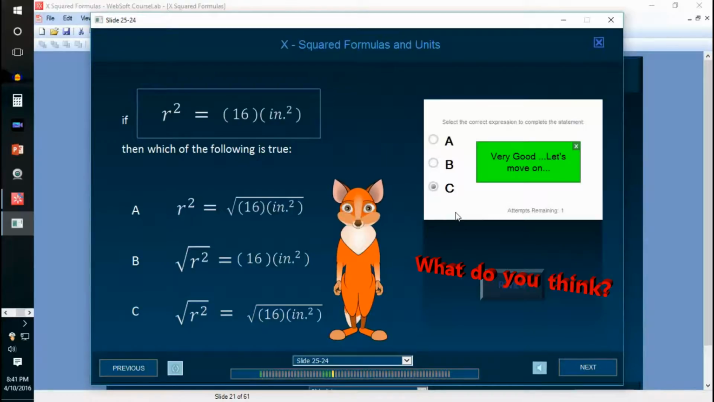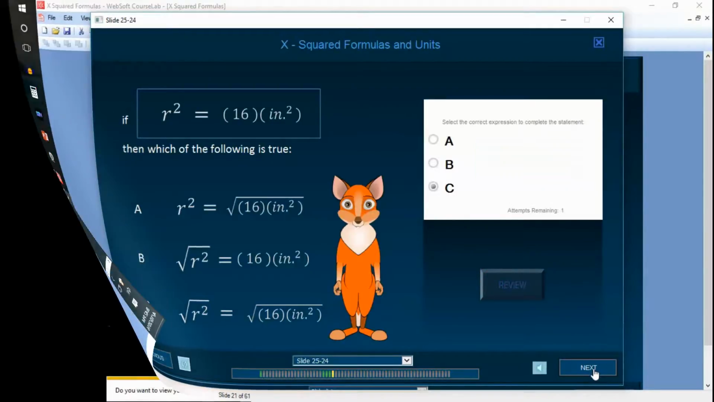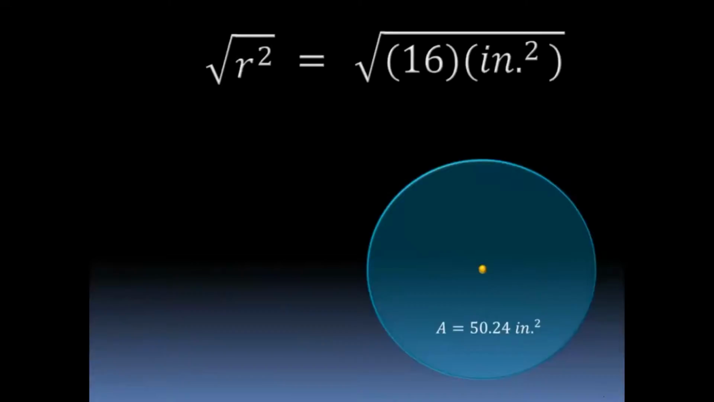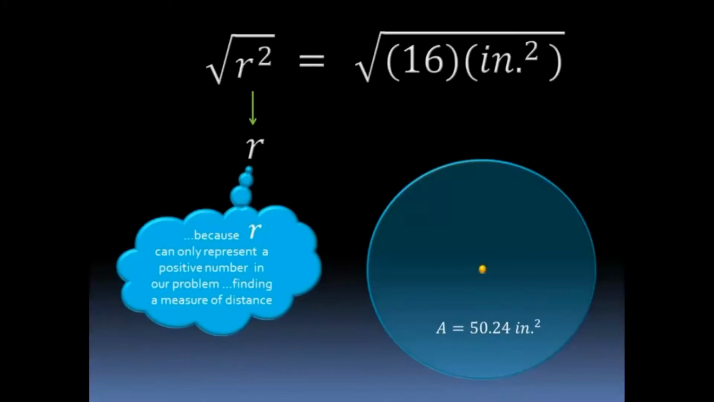Very good. The next step in our calculation would be answer choice C. We are at this point now. The square root of r squared will be equal to r. Because r can only represent a positive number in our problem, we are finding a measure of distance. We do not have to say that the square root of r squared is equal to the absolute value of r,